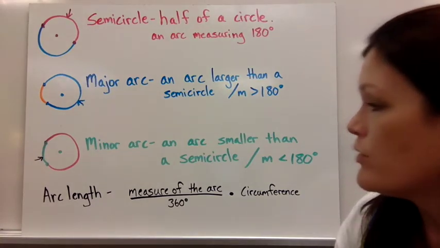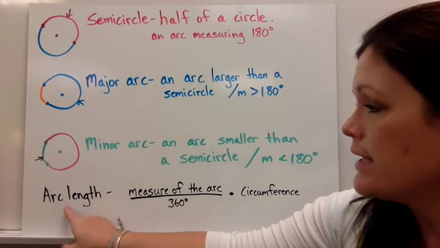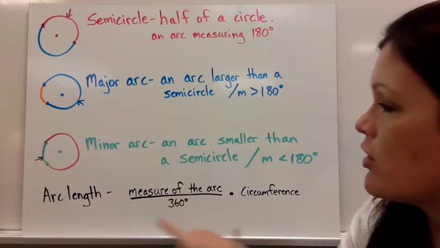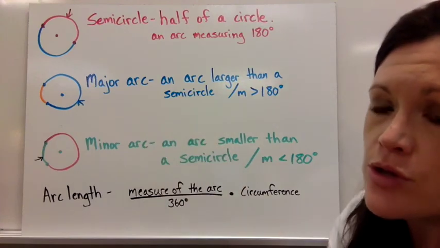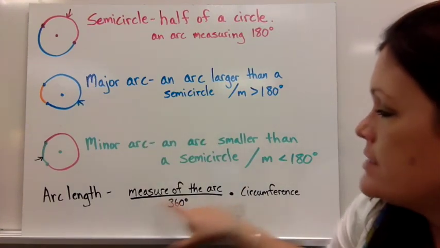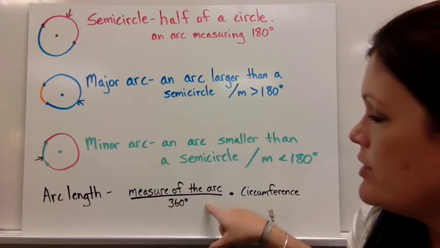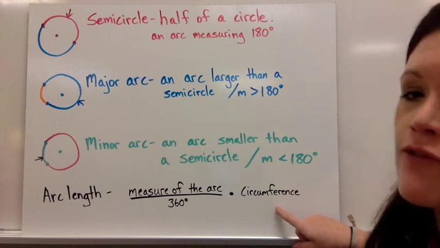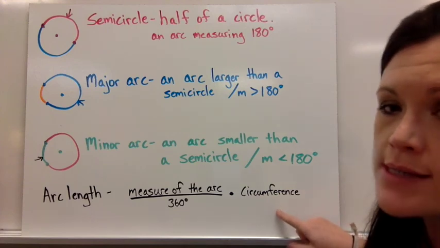And then one more important formula to write down is arc length is equal to the measure of the arc. The measure of the arc should go with your central angle. So like that arc and that central angle have the same measure, and it's divided by 360. So measure of the arc divided by 360 times the circumference of that circle. So just write this in your notes and we'll